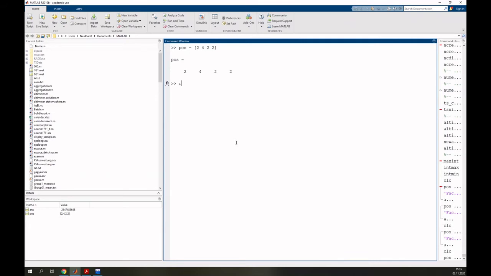And then we paint a rectangle at this position, with a curvature 1, 1. And with this face color,